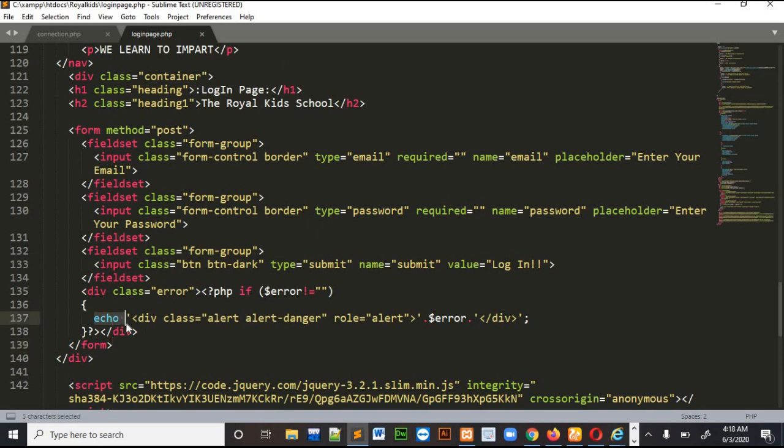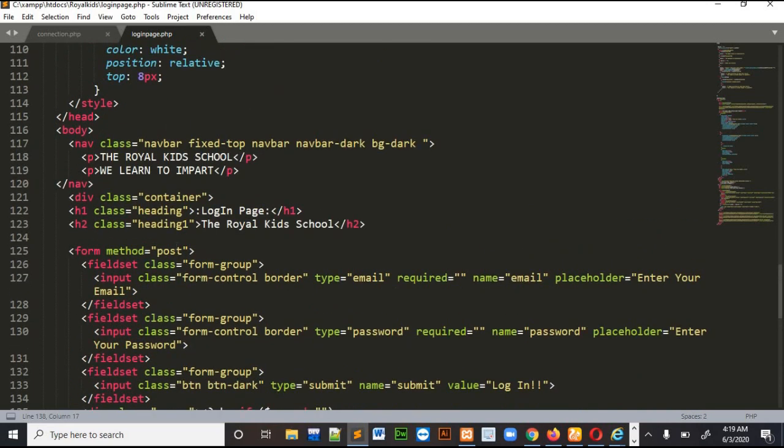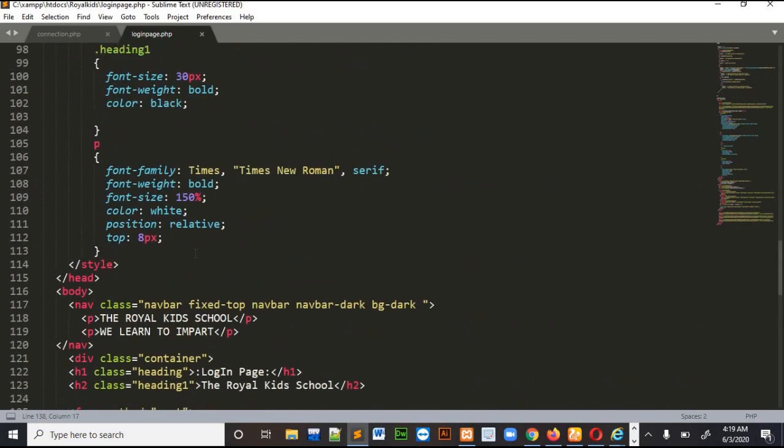It is echoing; echo will display anything we write in it. In the echo section we are using a div and an HTML error alert message. It is also a Bootstrap alert, and I had used the default Bootstrap classes. In the alert it shows you the error message, which it gets from the top of the page, which is PHP. So this is all I am doing in the HTML section.